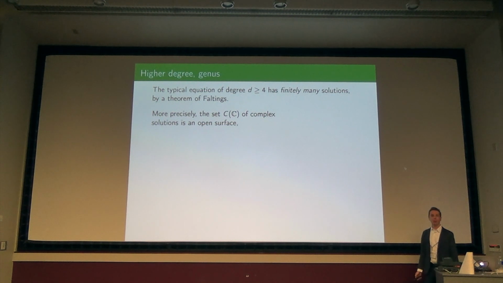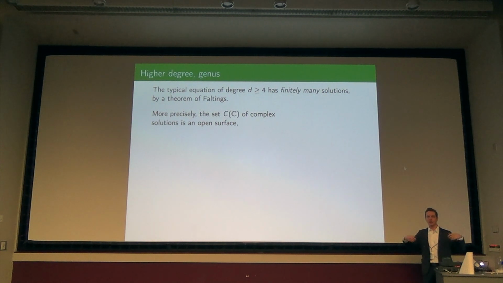If I look at the set of complex points on the curve, so I just take the set of solutions x, y, and I look at the complex solutions, that describes an open surface. By that I mean an open real surface, or maybe a complex one-manifold. I'm trying to make a connection with those of you who are working in geometry or topology. Locally, because it's smooth, it looks like the complex numbers. So as a real manifold it's two-dimensional, or as a complex manifold it would be one-dimensional. And I say it's open because we didn't take care of what's happening at infinity.